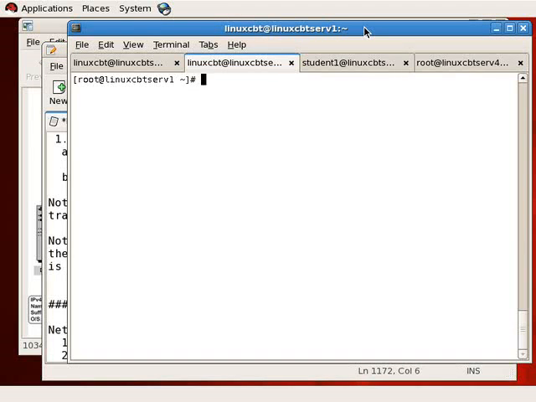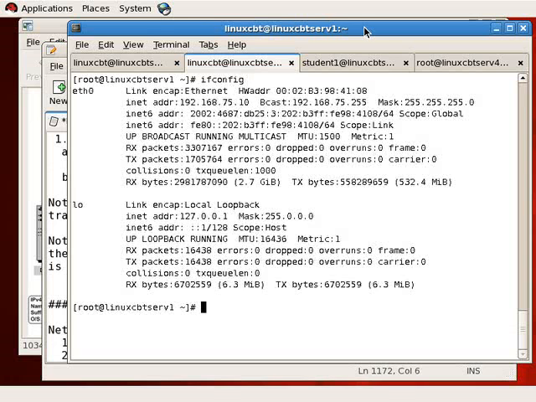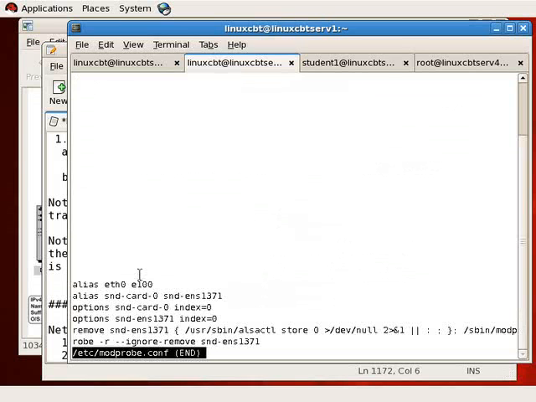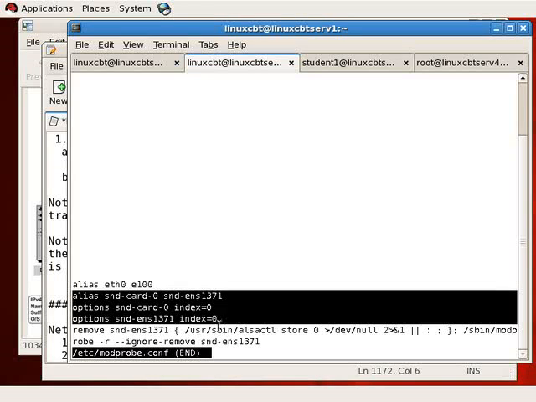But how does it know that there is an ETH0 interface? Well, the kernel has to load a driver or a module which provides support for that Ethernet interface. There's a file in etc known as modprobe.conf. If we examine the contents of this file, we see aliases for various devices connected to the machine. But in particular, we see the alias for ETH0. And if your system has more than one interface, such as ETH1, 2, and 3, you'll see the aliases in